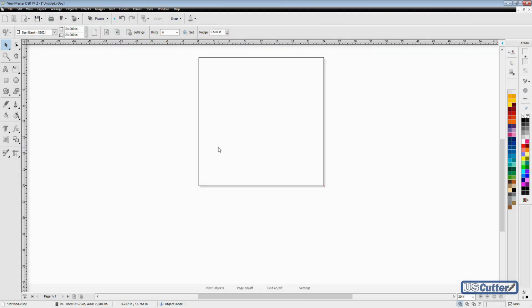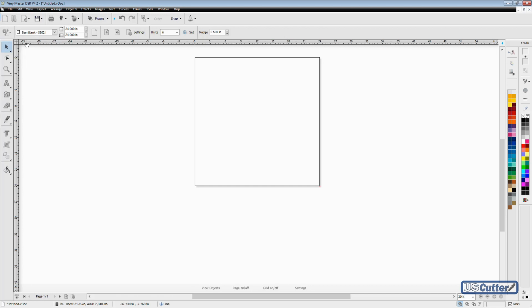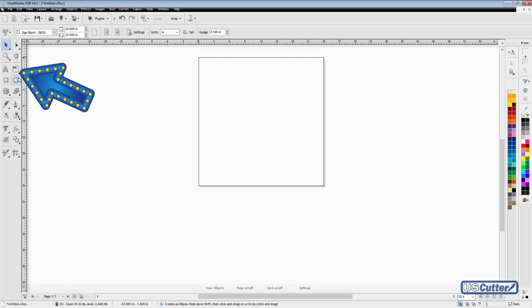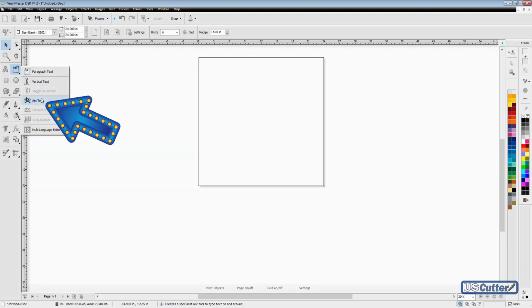To access the Arc Text, you want to go over here to the static toolbar on the left side of your screen. Don't worry if your static toolbar doesn't look like mine. You may just have it set in the standard mode and you want to set it over here to the advanced mode. Once you're in the advanced mode, we're going to go over here to the text options, hold down our mouse button, and that's going to bring down a few more options. And then I'm going to select the Arc Text from this drop-down menu that appears while I'm holding down my